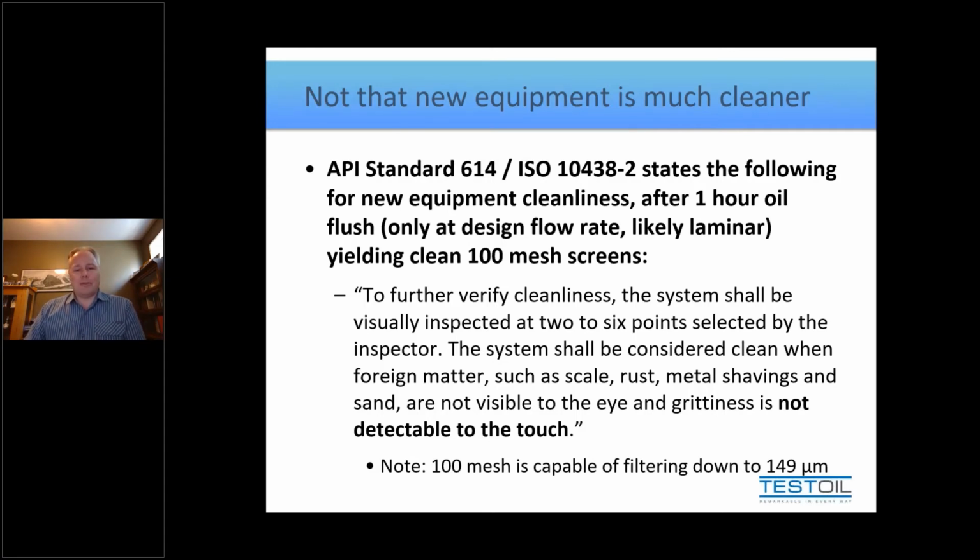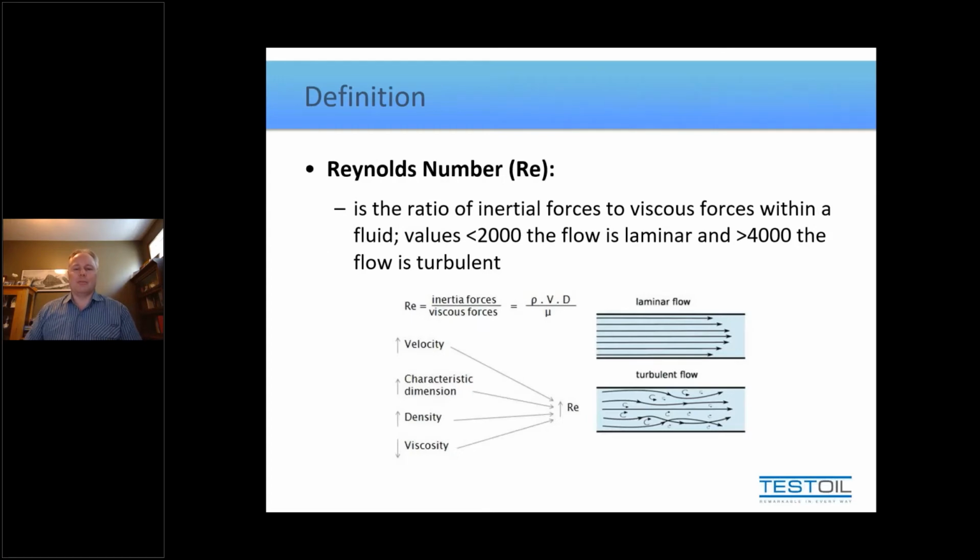Now, why I was harping on the flow rate, just to give those who don't know the terms a bit of an explanation here. When we describe flow, there's a certain equation that you can use called the Reynolds equation, and it takes into account certain factors which you can see listed here. But long story short, when you do the calculation, what you're trying to determine is the flow, what we consider to be laminar, meaning a very smooth stream, or turbulent, meaning, of course, that there's turbulence within the fluid. And the point of doing a flush is that you want turbulence.